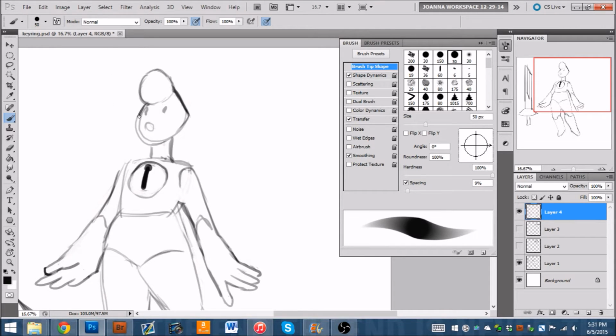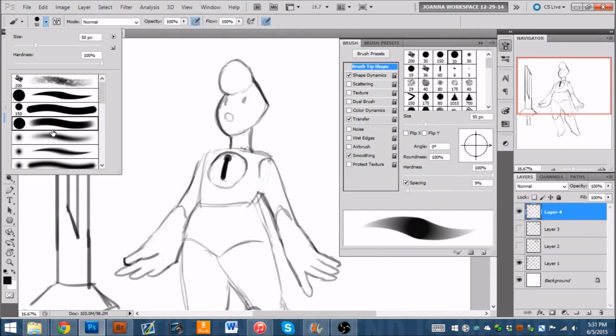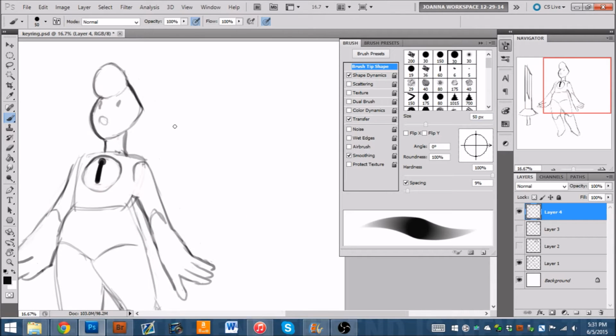Alright, so what I like to use for a brush is just a regular brush. I use this one right here. It's one that comes with Photoshop CS3, CS4, CS5, just the regular CS brushes. I think this one's a little different from CS3. I used to have CS3 on my laptop, and this is CS5. I think the spacing is a little different, so it's not a big deal. But basically, if I turn these off, it basically is just,